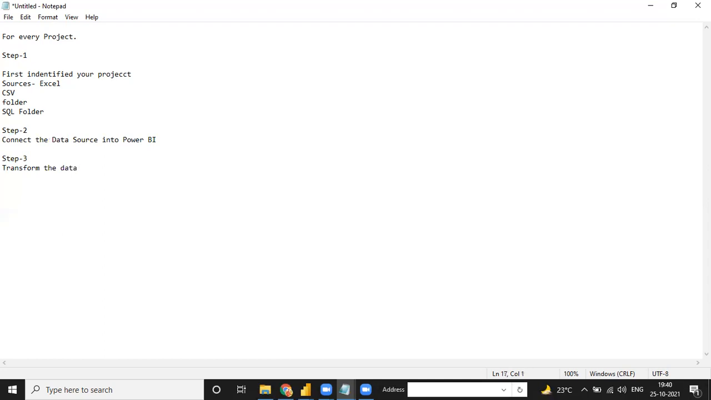And transform data in which form? Like, suppose you need to add any column, or second, you have to make dim and fact tables. And third, you have to remove any formatting, remove or change any data type. And then guys, step 4, sorry. So step 4, when you transform the data, you have to just load the data into Power BI,